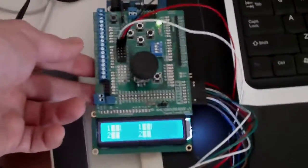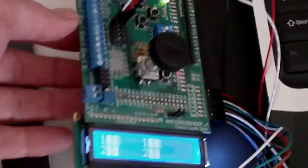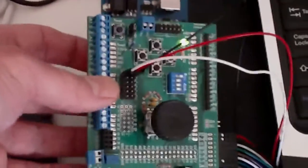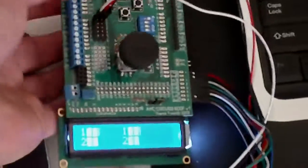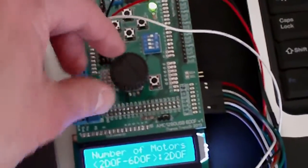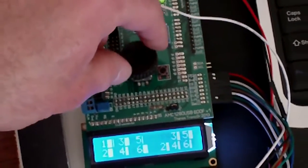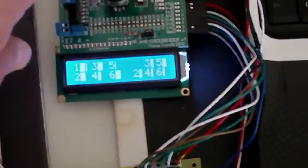Hello, I'd like to present you the AMC1280 USB. That's a full 6-stop controller. This is how it is fully assembled. Right now I have it set for 2 motors. Let me set it for 6, so you can see the whole 6